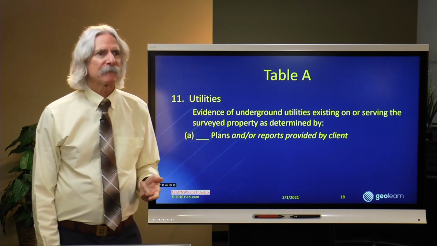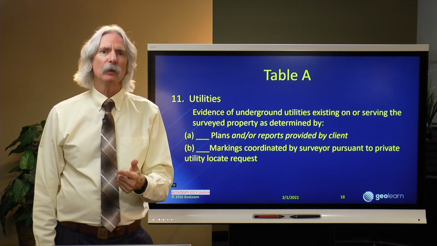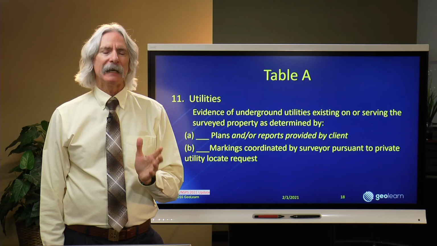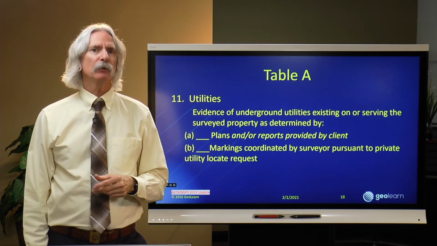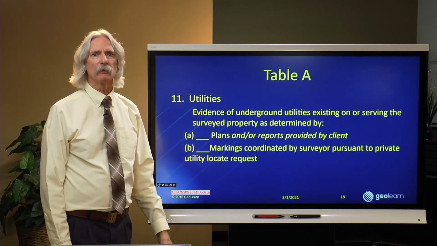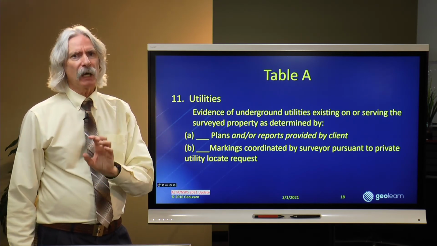The second item recognizes the fact that in most parts of the country, making an 811 utility locate request for a survey is simply an exercise in frustration because you're probably not going to get a timely response. You're probably going to get an incomplete response at best. And so we eliminated 811 utility locate requests as an option. Now I understand in some parts of the country you can get a response, in which case you could modify this item here and say, we'll do an 811 locate request. It's actually effective in our area. In most parts of the country, it's not effective.